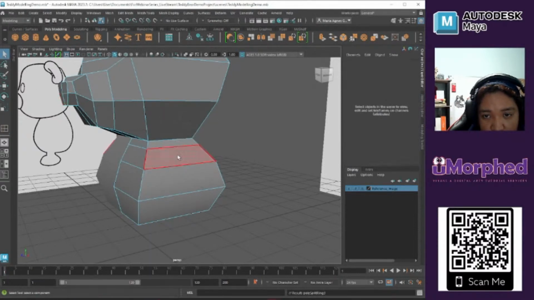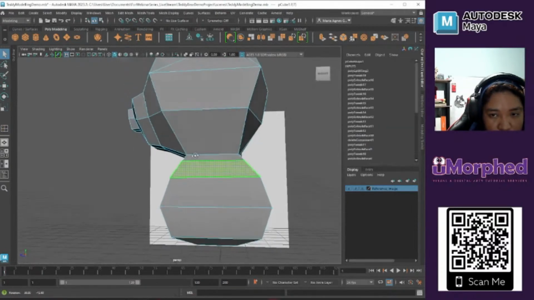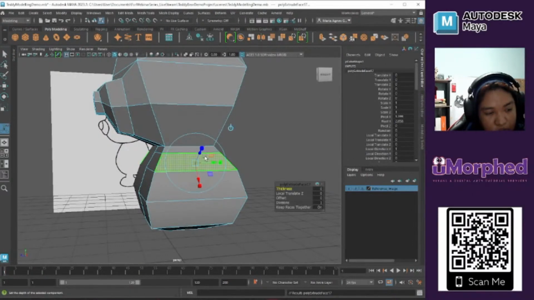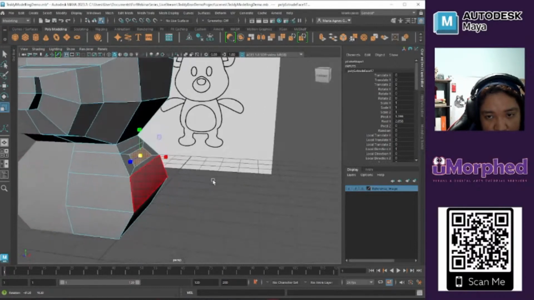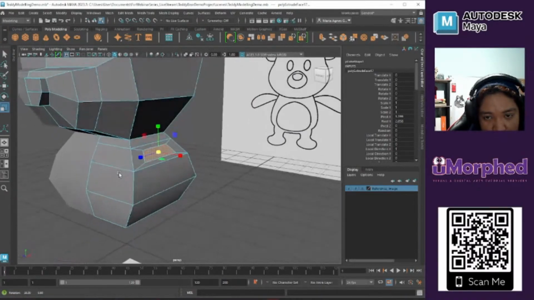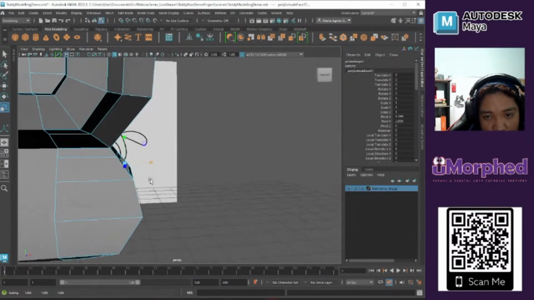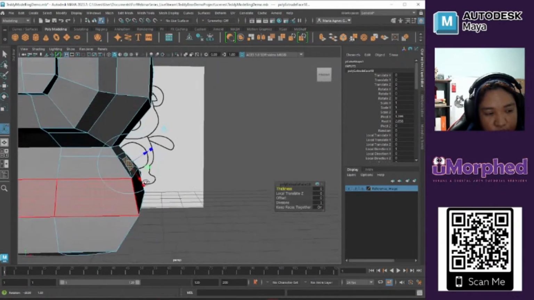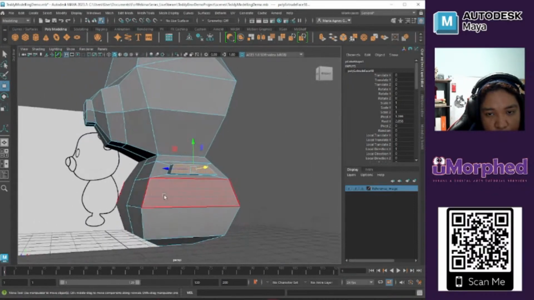Make sure you click object mode first, then face, and then click this one. And then Control E on your keyboard, which is for extrude, and then R to scale it down. There. This is my hand. Okay. All right. So Control E to extrude out. So we're going to add the arm. Let's go back